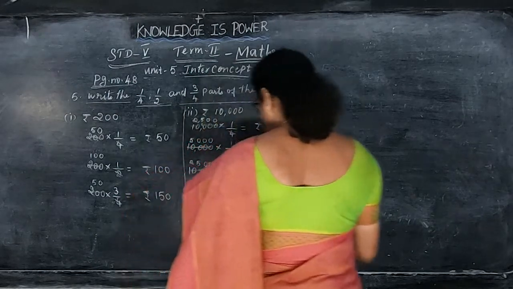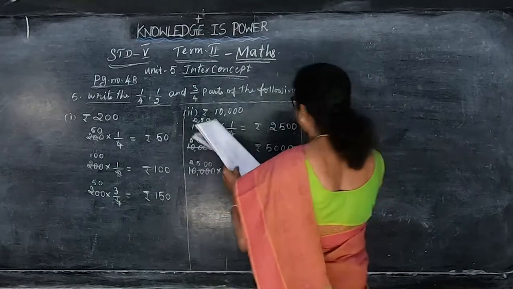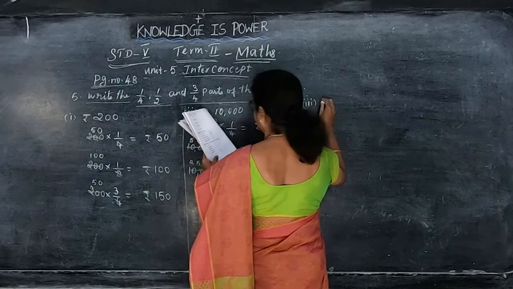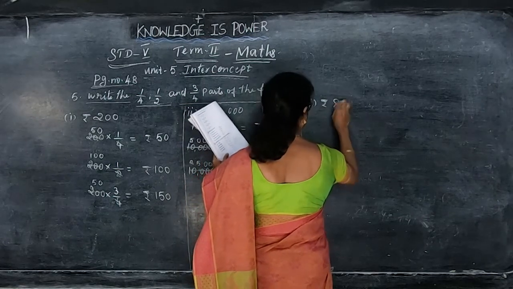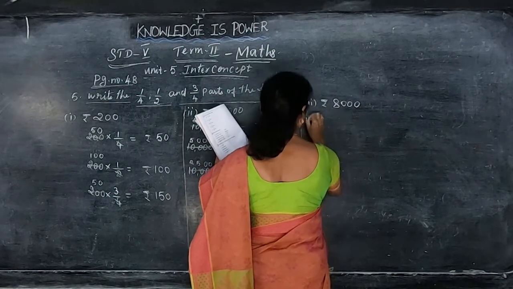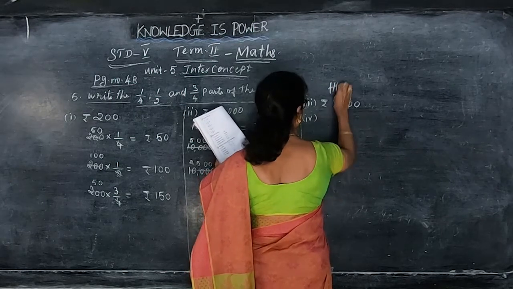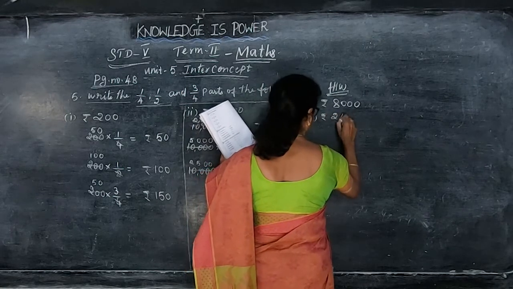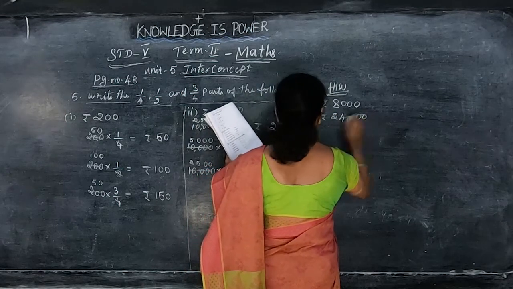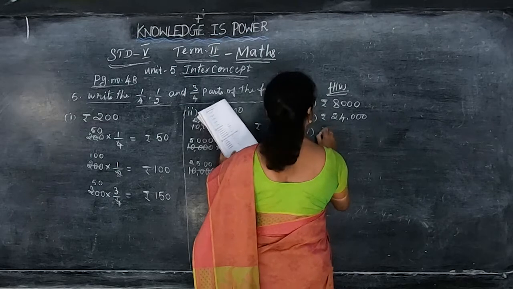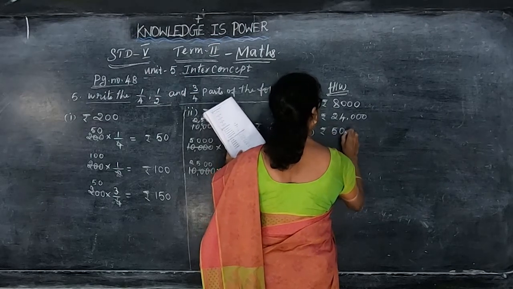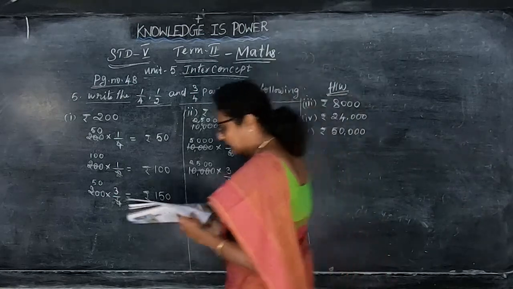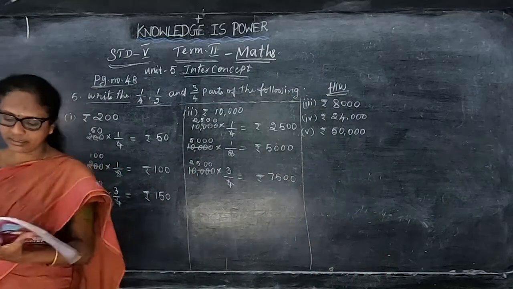Okay. So like this, all the sums, can you do it by yourself? Third, fourth and fifth, I'll give this as a homework. You can try at home, children. 8,000. Then fourth one, this is the homework for you. Rupees 24,000. Examples I have given. So just do this. For each and every number you have to put 1 by 4, 1 by 2 and 3 by 4. So that's all in this.